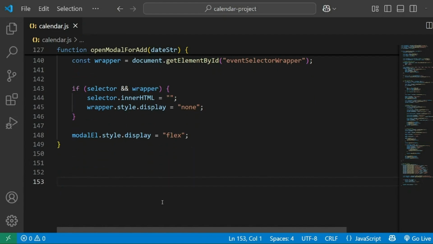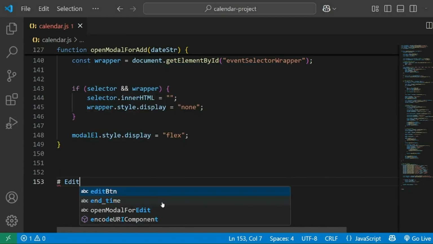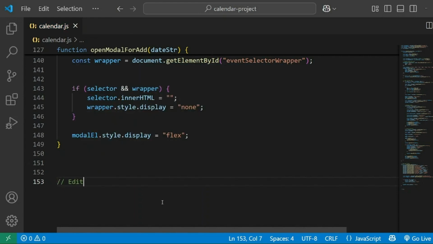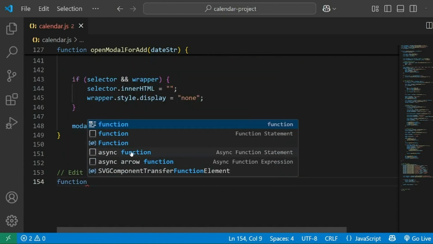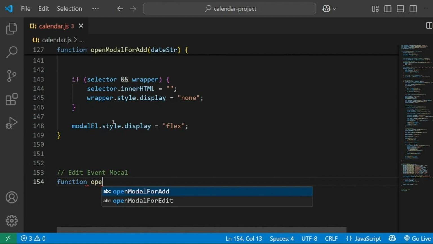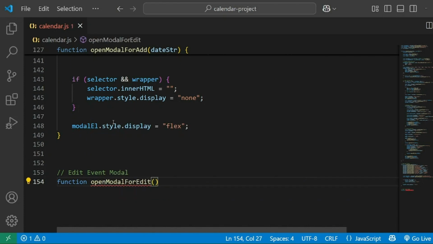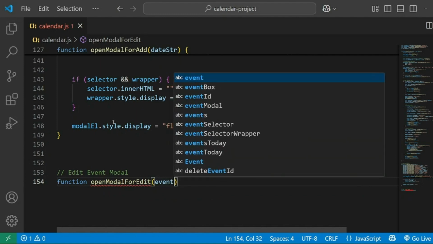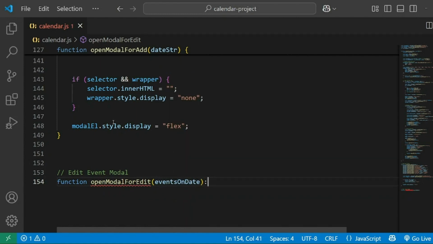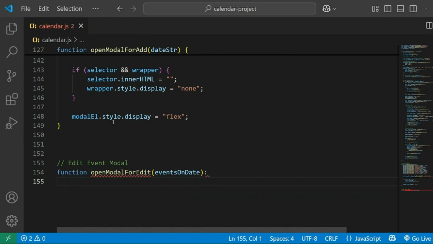Then we will create a third function, which is the edit event modal, by going function, the keyword function, and then name the function openModalForEdit. This function takes one parameter, which is eventsOnDate, and then this function